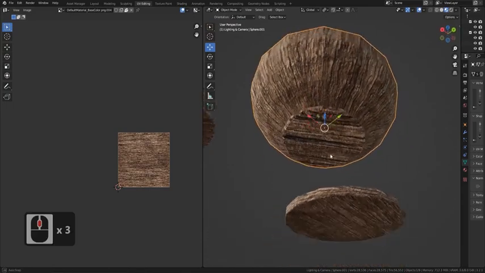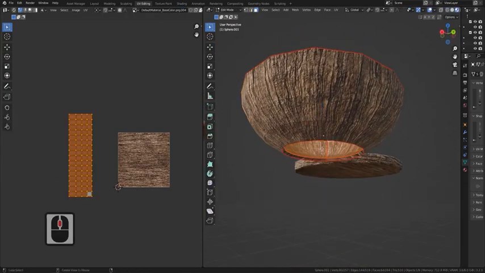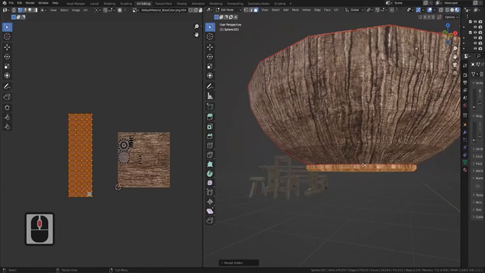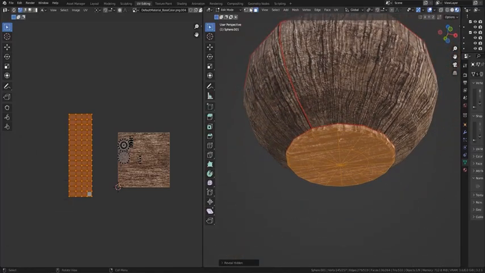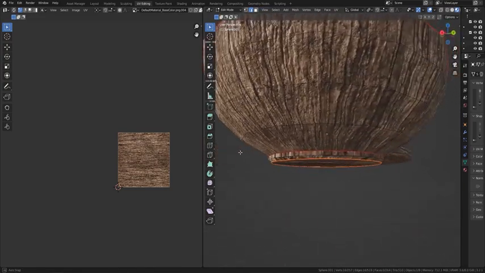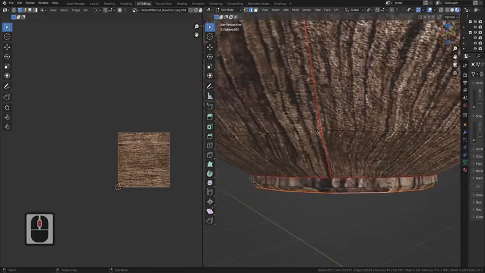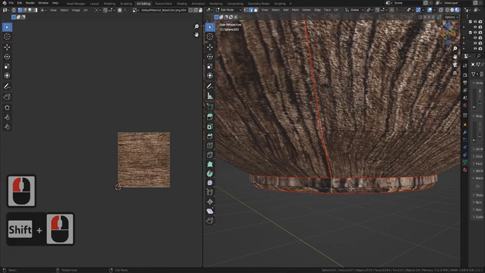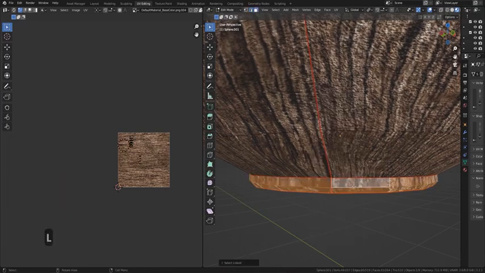I just need now to unwrap this part on the bottom. So you can see here, I need to mark a seam somewhere along here. So I'm going to grab this part here, right click, mark seam, and then I just want a seam somewhere in the bottom. Might as well put it in the same place as this wood grain. So I'm going to grab this, right click, mark seam. Again, grab the bottom of it, L, U,